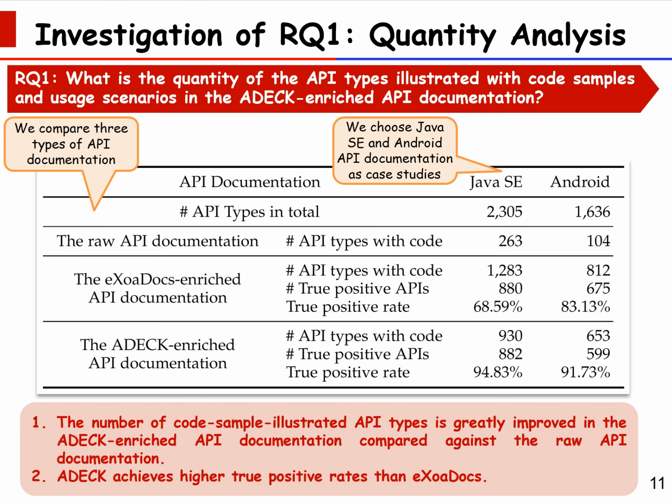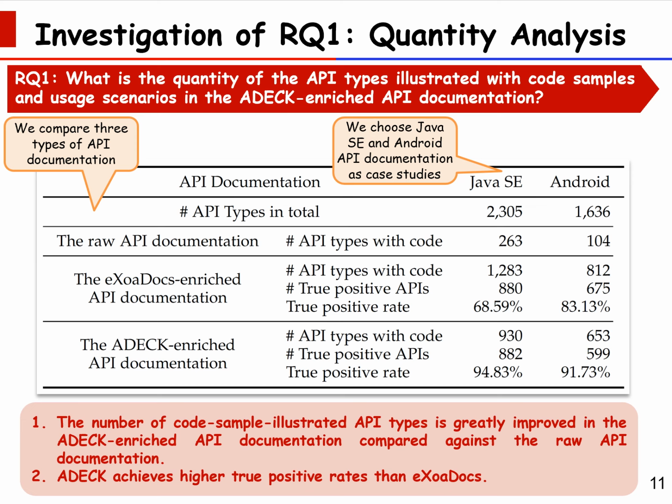This table presents the number of API types illustrated with code samples in 3 types of API documentation. Here, Xdocs is a baseline approach. As shown in this table, the number of API types illustrated by code samples is greatly improved in the DAC-enriched